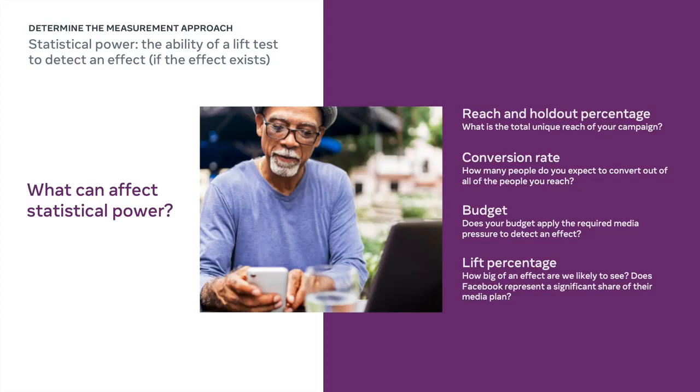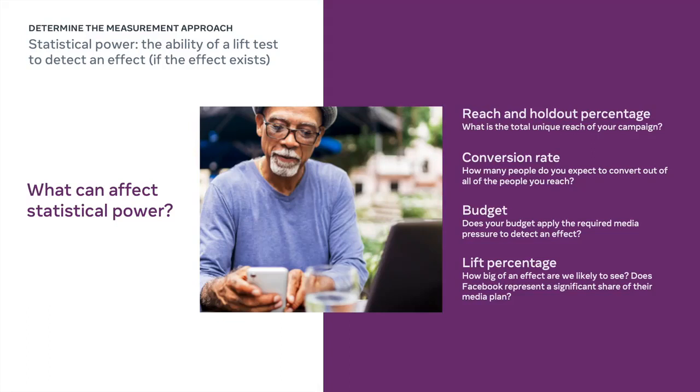The results of your RCT rely on its statistical power. Statistical power is the ability of a test to detect an effect if the effect exists. Here's what can affect statistical power: